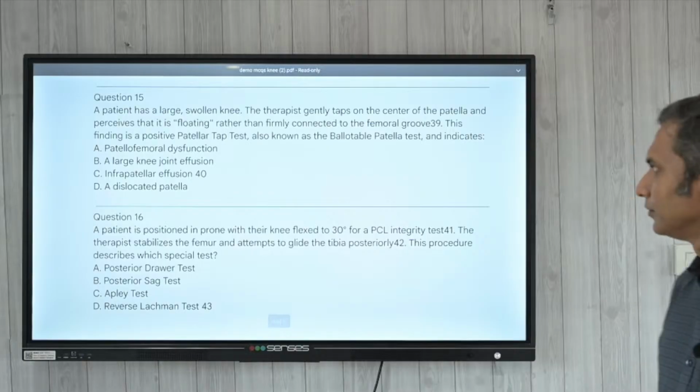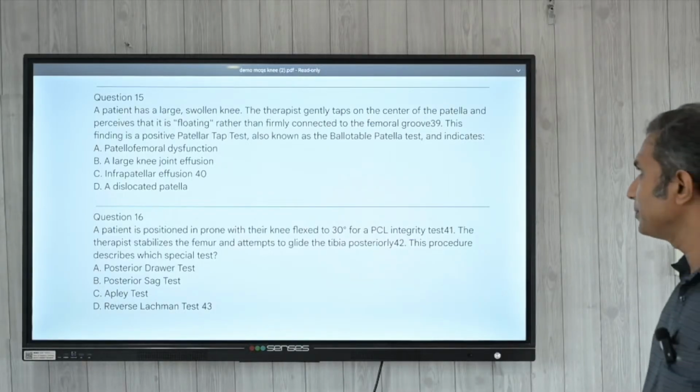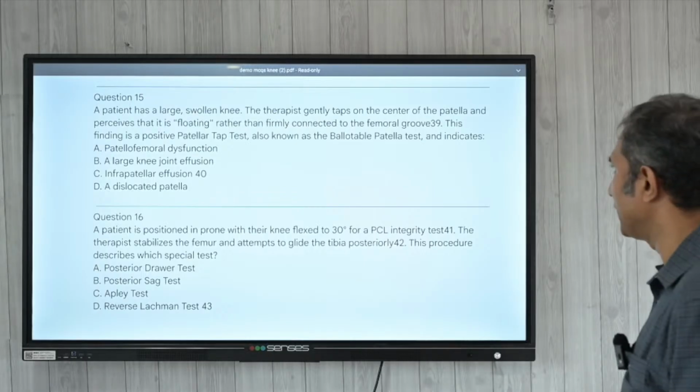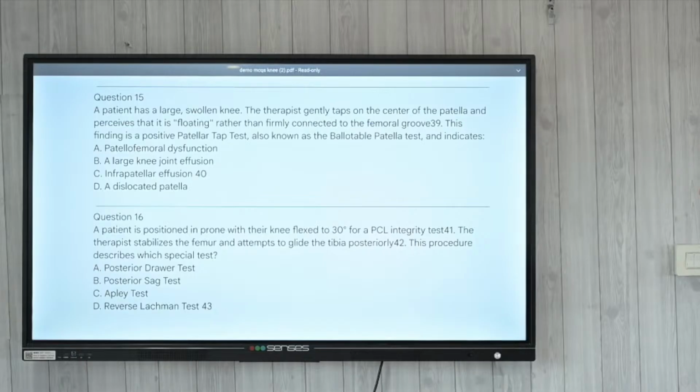Question 15. A patient has a swollen knee. The therapist gently taps on the center of the patella and perceives that it is floating rather than firmly connected to the femoral groove. This finding is a positive patellar tap test, also known as the ballotable patellar test, and this indicates